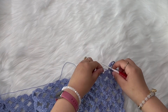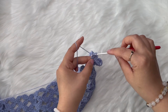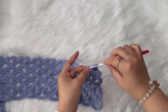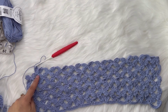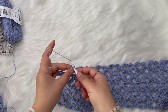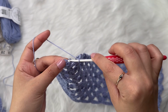And now continue. It's totally the same for the stitch pattern. That is the first decrease on this side, and then I'm going to show you how to do the decrease also on this side. So continue the stitch pattern in here. Okay, for the decrease on this side, work your last petal here, and then we're not going to work the last petal on this side, so we're going to chain 5 and then slip stitch here into this petal,